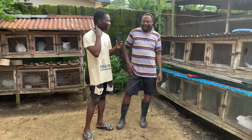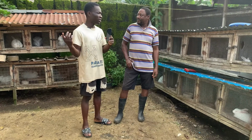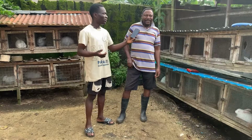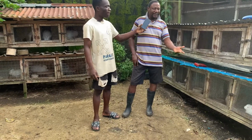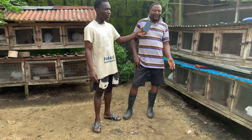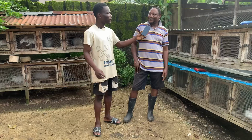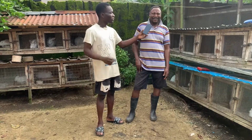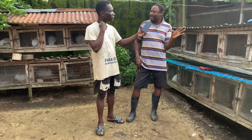But there are some leaves that are harmful to them that you are not supposed to feed them. Maybe leaves that have been sprayed and all of that. Any leaf like that, for example, I use herbicide to kill the grass in my farm. Whenever I do that, in any area, I don't cut the leaf to give to my animals until after about 2 weeks. At least if those ones don't die, that means they did not absorb it,